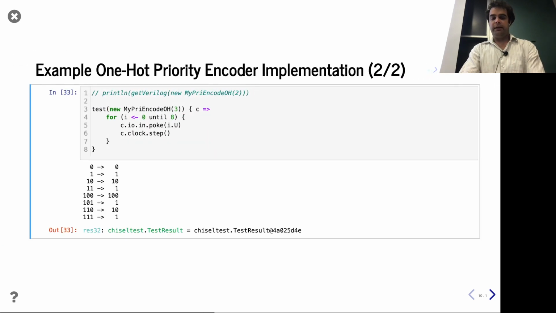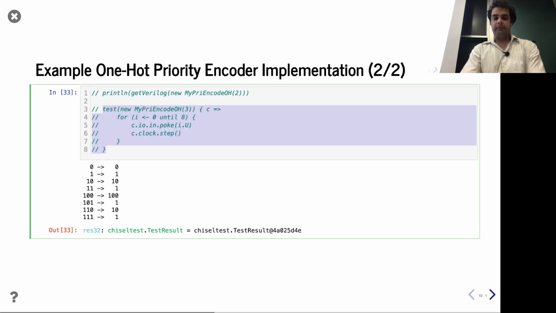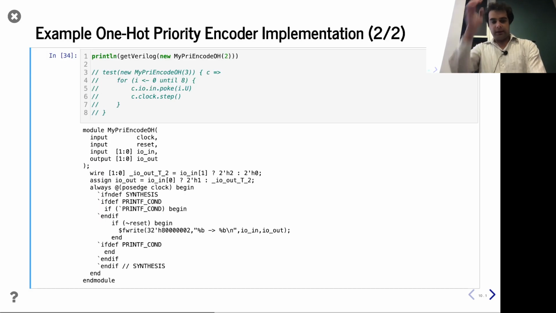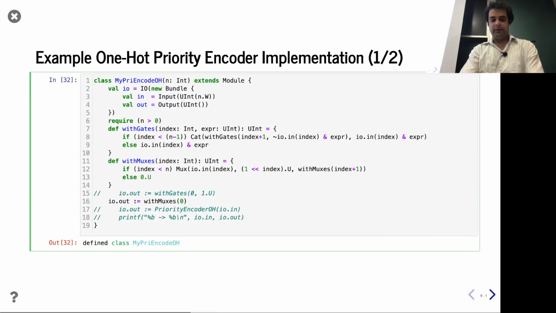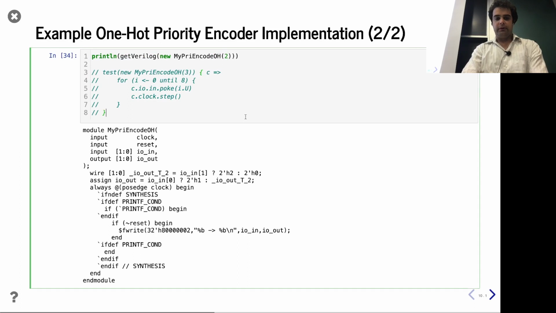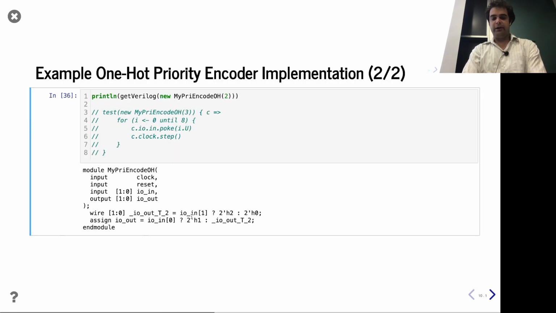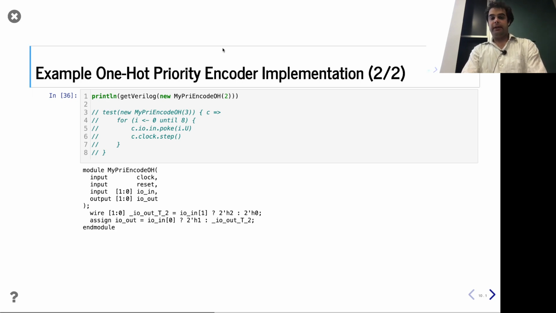Okay, if we go ahead and run that, same output. If we want to look at the Verilog, we can do that, and we can see here we are with all these muxes selecting between things, cascaded. Cool. Okay, so then